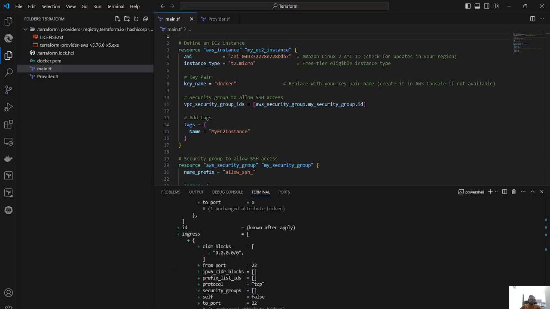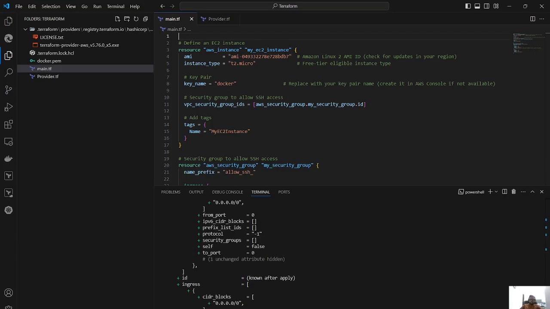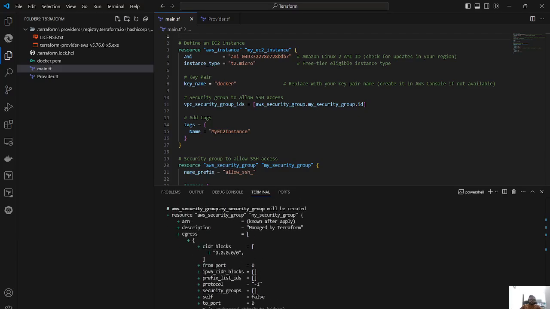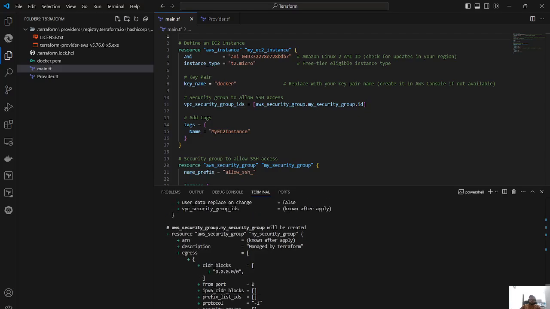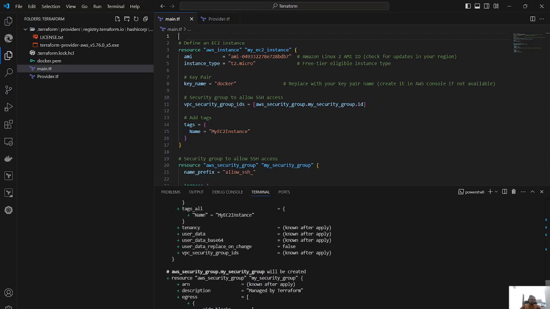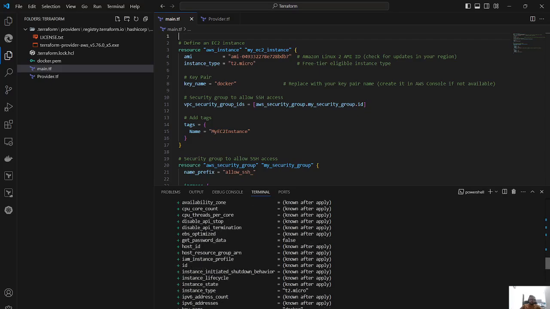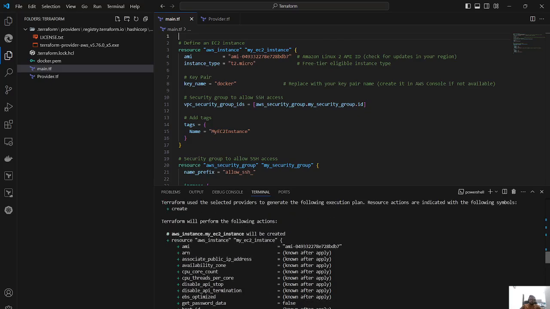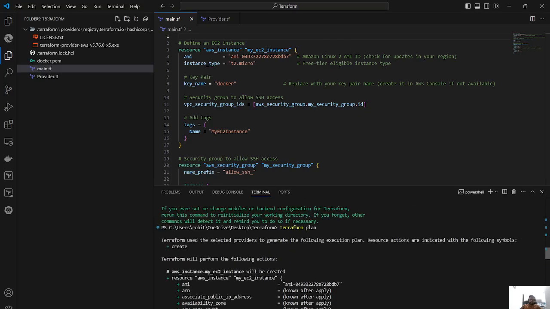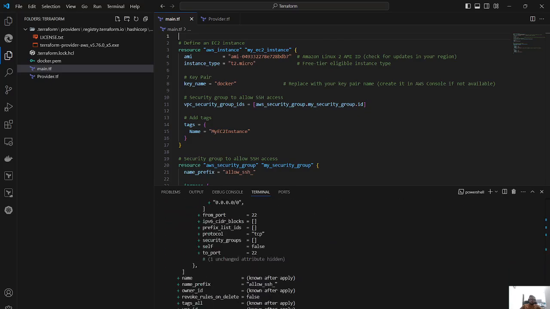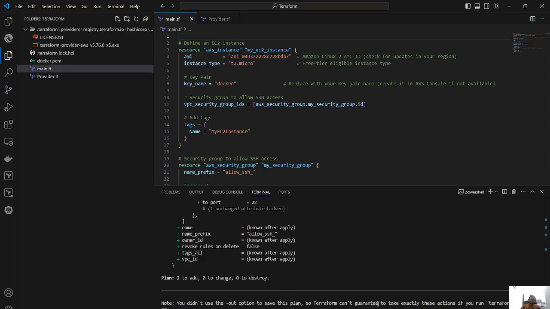So you see here port 22 is there, TCP, the CIDR block is there in ingress, similar in egress we put -1 0 all for public access. If we go further, the tag is there, the key name docker is there, the AMI which we use. Everything seems like good, so we just need to execute auto